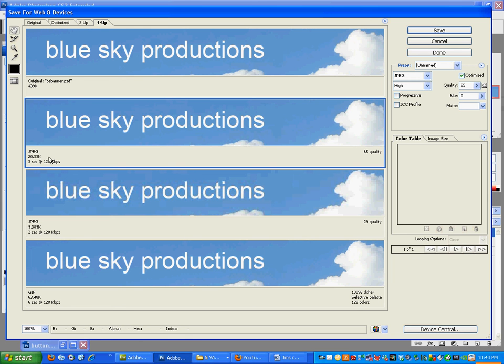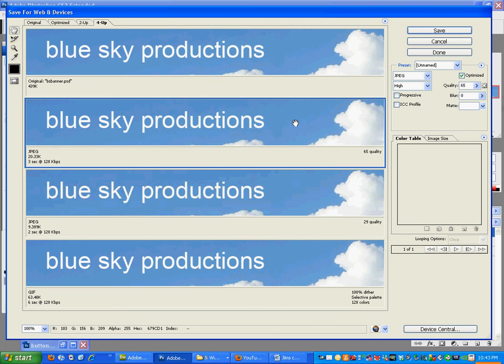I would say try and keep it to about that or up to about 35K for a banner. Once you go over about 35 kilobytes, it's pretty arguable as to what you're doing with your banner that requires more file size. So see here they've got a pretty good looking banner. It's at a pretty good file size. I want to keep it to about